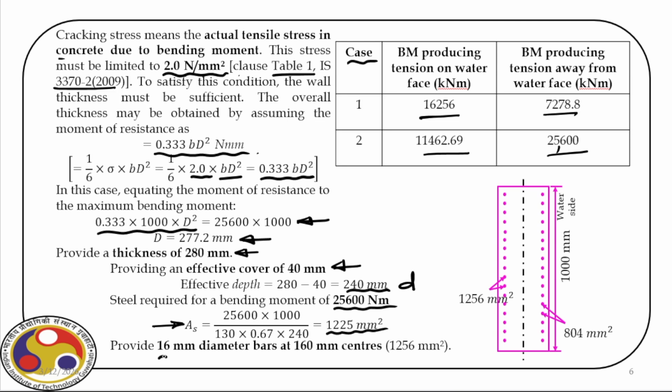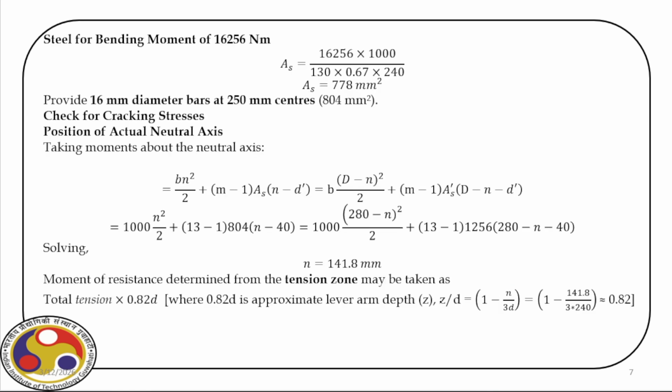So we can provide 16 millimeter diameter bar, and you can also find out the spacing. Let us provide a spacing of 160 millimeter center to center. So you can see the steel here along with its spacing, right? Okay. So now let us find out the steel required for the other